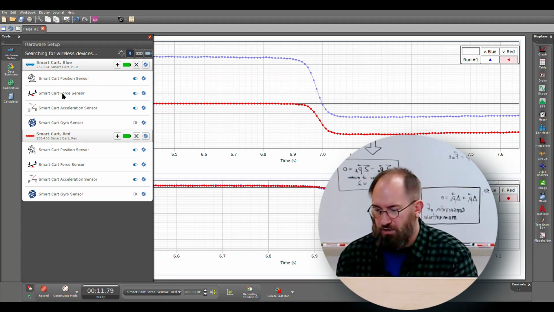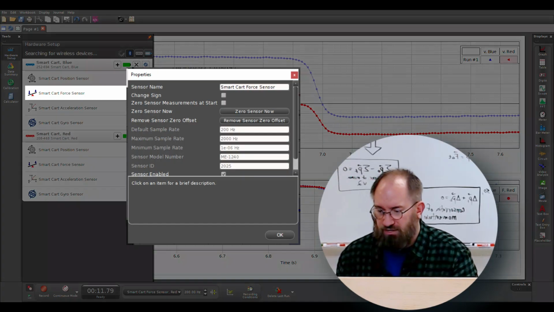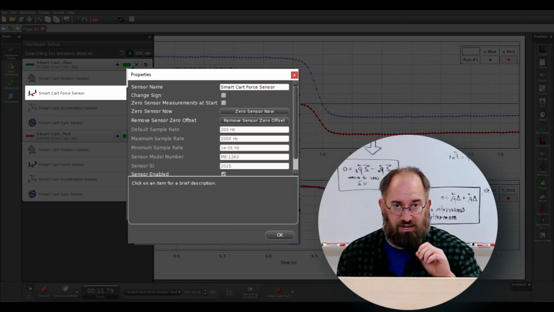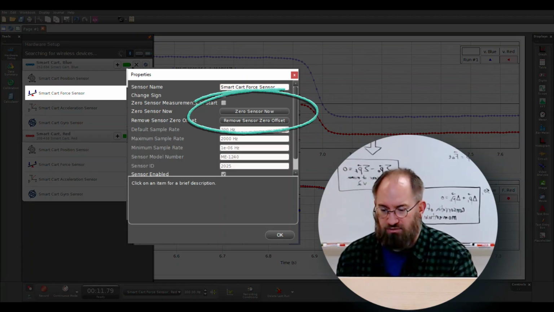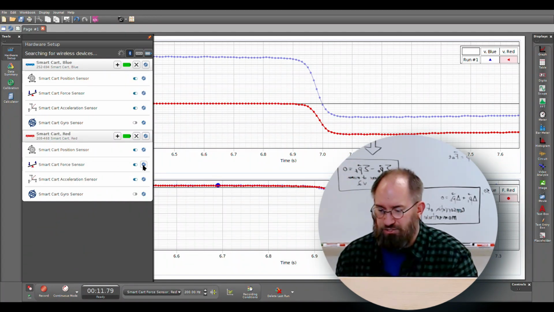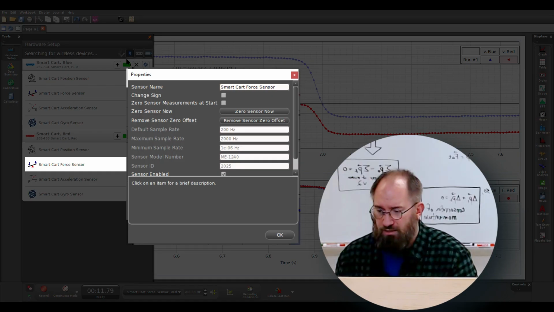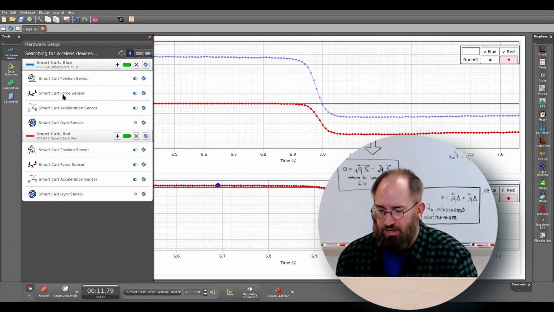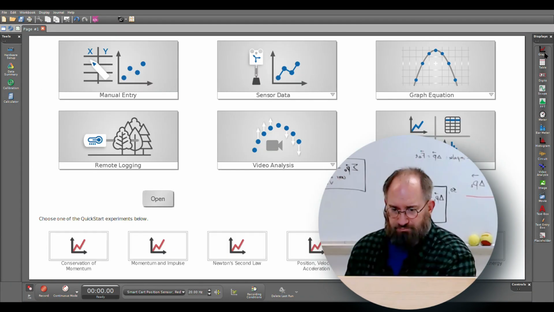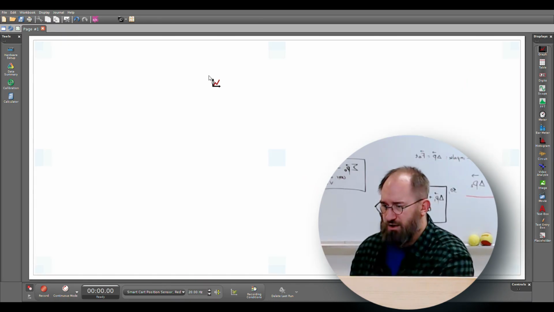To do that, we go to the Smart Cart force sensor and click on the gear. You're going to see in the pop-up a zero sensor now. Just click on that and then click OK. Go down and make sure you do the same thing for both. Zero sensor now, click OK, and then you can close this. Bring a graph onto